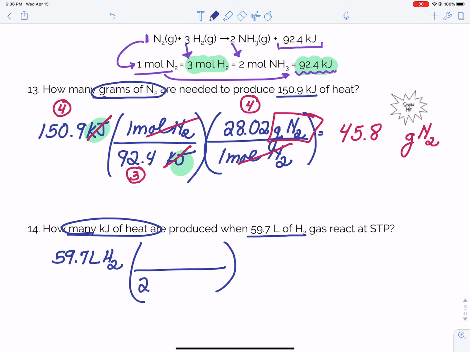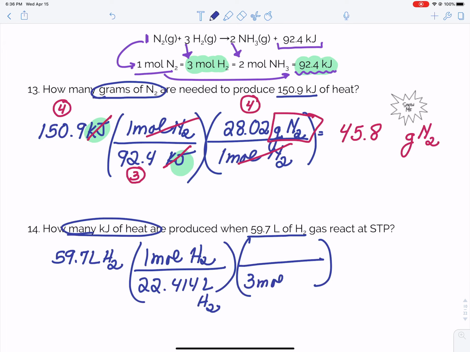So I know 22.414 liters of hydrogen gas is equal to 1 mole of hydrogen gas. And then in my next parenthesis, I know that 3 moles of hydrogen gas are used to make 92.4 kilojoules of energy. So in the same way that it was before, the only time that we use the